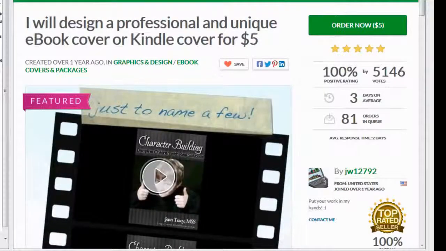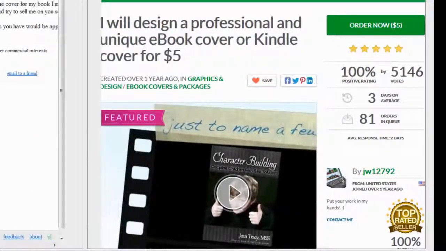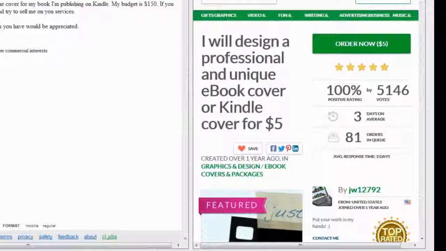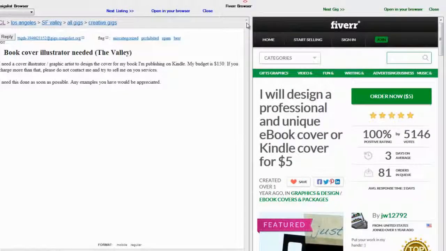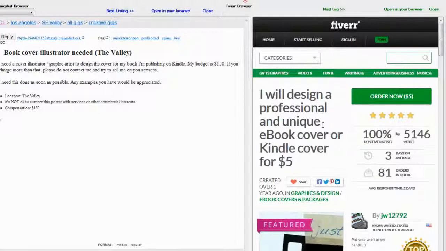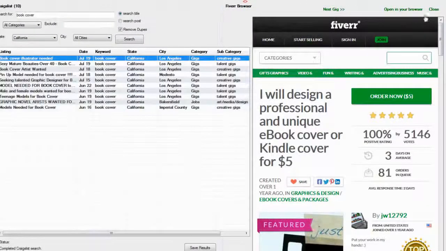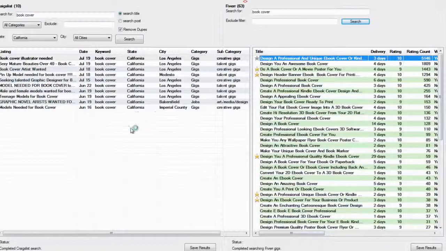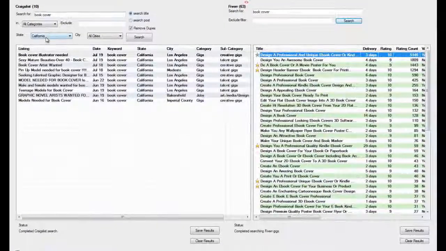And the cool thing is, just make sure you're signed into Fiverr. Now you can save her to your favorites, or you can just contact her right away. So if I was going to do this, which I'm actually tempted to do with this particular one because it's such a no-brainer, you just contact this person using the preemptive strike technique. Once again, they hit you back, you get hired, you hire this person, bada bing, bada boom, you just made $140. And we go back here. Now that was just one tiny little niche thing in one state. 1 out of 50 states. You got 49 states to go. Are you starting to see the power of this thing?